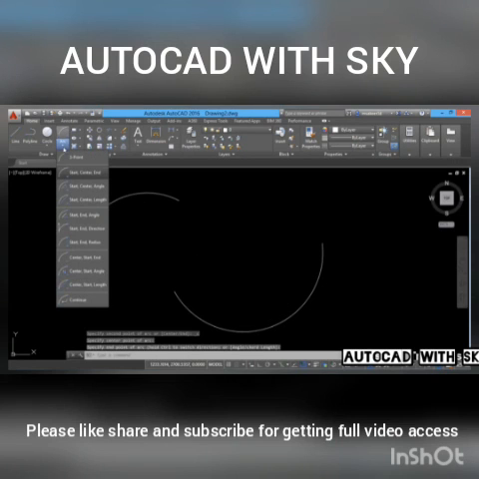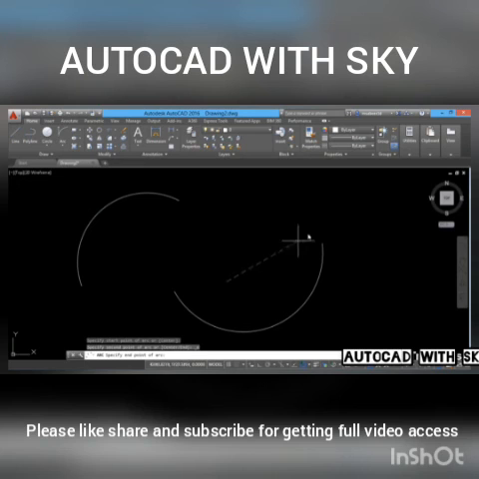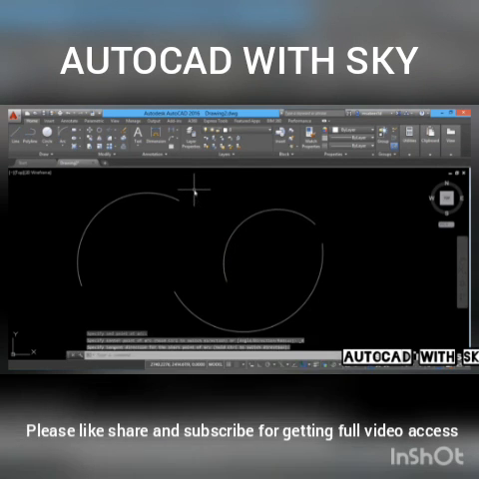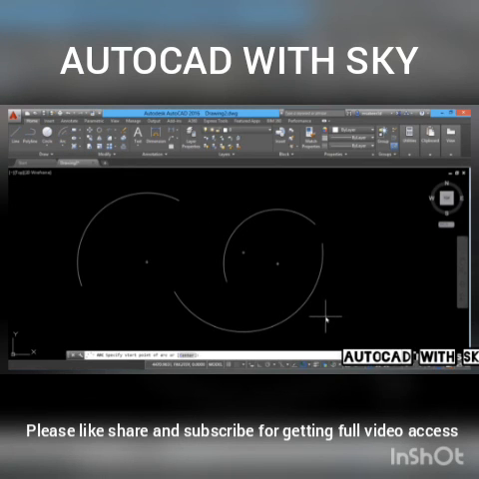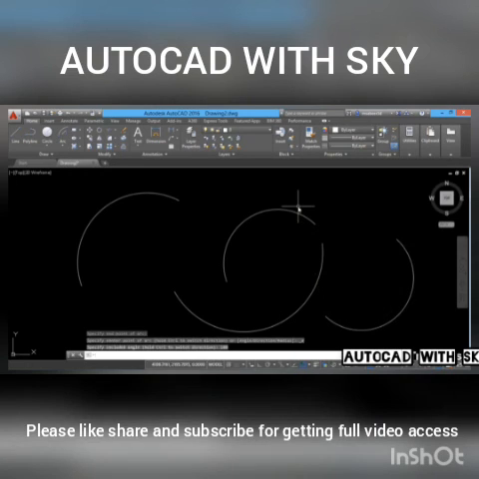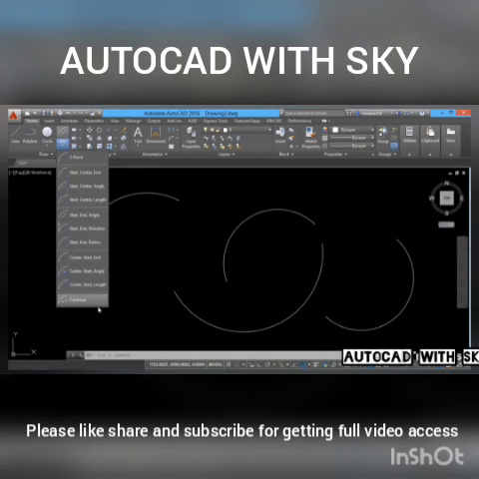And if I choose start point, end point, direction, for example, I can pick a start point, end point, and I can show a proper direction. Depending upon where I point, I'll get the bulge of the arc in that particular direction. And another example is start point, end point, included angle. I can select a start point, end point, and if I want to construct a semicircle, I should give an included angle of 180 degrees. So I'll give 180 and you will get the semicircle. Rest of the options are very simple and you can try these options on your own.